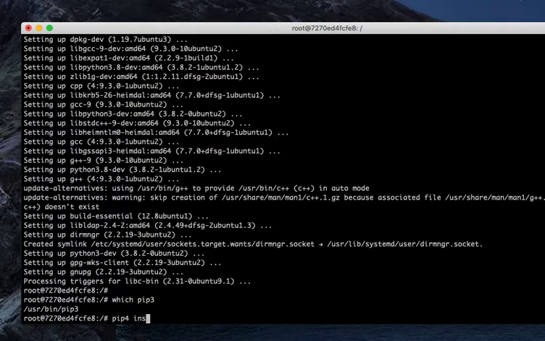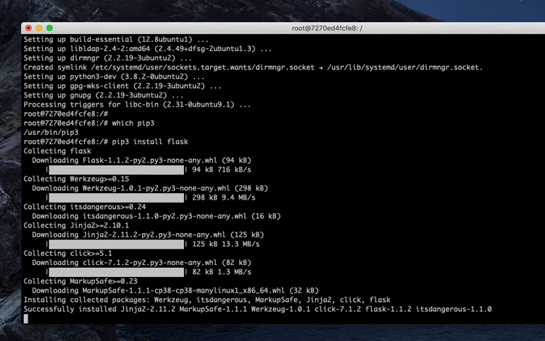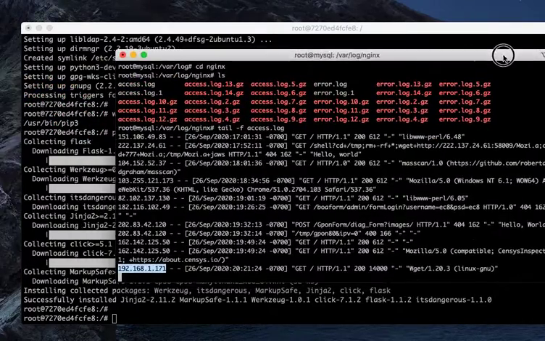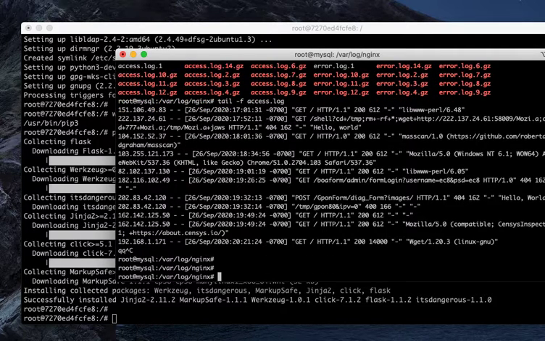Pip3 install, and we're going to put in Flask. And what else do I need to think? Good. Looks like it did that. So we got Flask in here now. Let's see what else I need for my little website. Let's go in here to